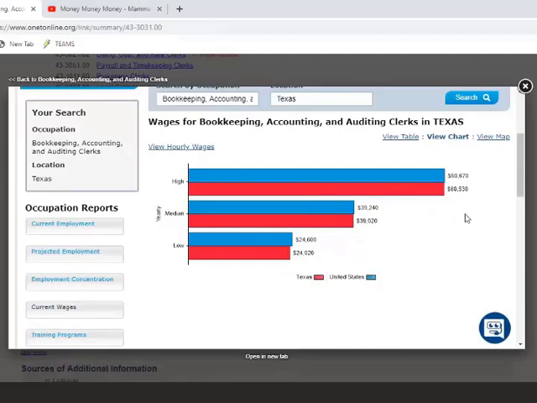Now, one of the reasons why I want to make sure that you understand how to utilize this is because this is something that you can have your students either pair up or do individually. Go in and look at this particular screen right here for the wages to help them use that information for their budgeting.